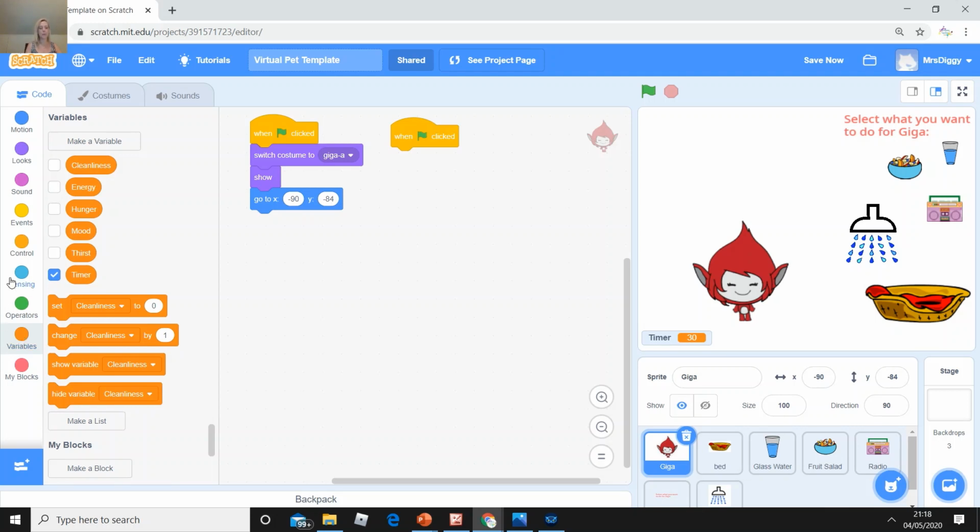Let's go for Giga's hunger. We're going to show Giga's hunger. We're going to select Giga's thirst. So if Giga's thirsty, and let's also go for, I'm just thinking which one would be good, hunger, thirst, and let's go for the shower as well. Let's go for cleanliness. Okay, so we've got three different